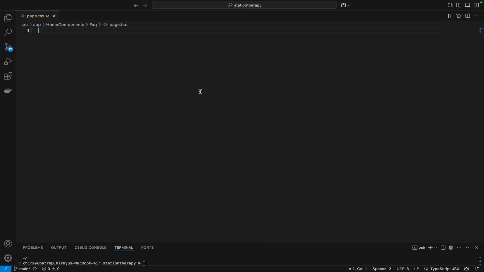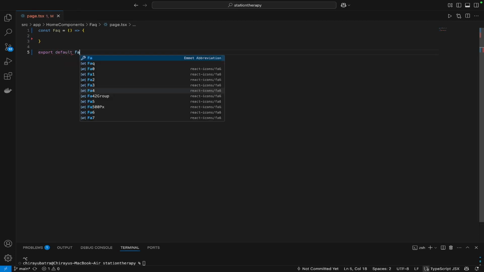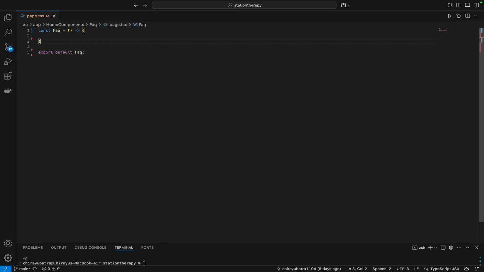So you can create your file, whatever you want, and just have the basic setup of the project. So I will start from the very beginning. So I will write const FAQ equals to, I'll just create the basic things, and I will export default FAQ. So you might be clear up till this. Okay, so inside of this